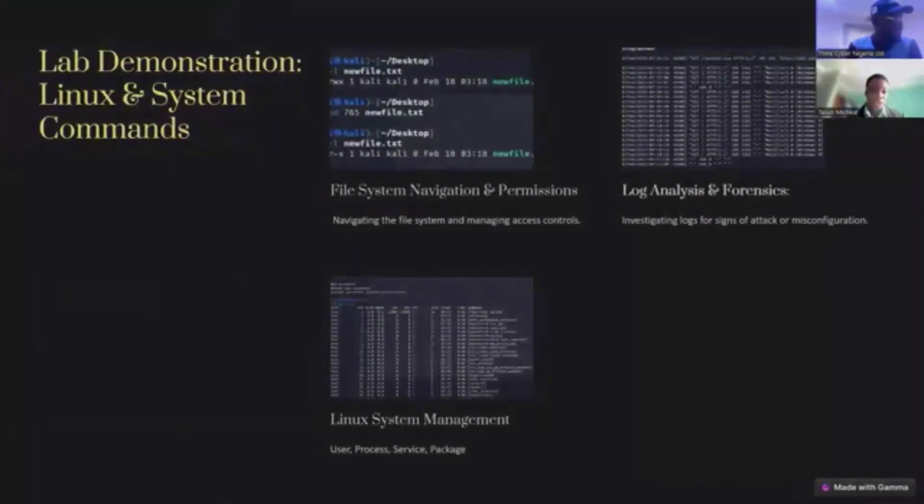This is the first lab here, Linux and system commands. I'll start with file system navigation and permission. This is the way to get a file permission. I can use ls -l here and the name of the file. This is what I did in this picture. I got the permissions of the file, and if I want to change the mode of the file, I can